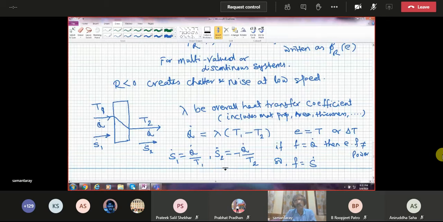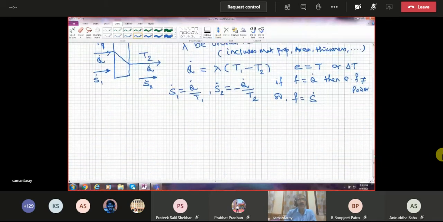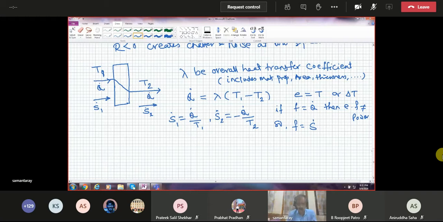And this is very basic. We very well know that if this is the entropy of the system, then the entropy change of the universe will be S1 dot minus, that is plus actually, S2 dot, which is already taken as minus S2 dot. And this must be greater than 0. So we write this relation in terms of S1 dot and S2 dot.